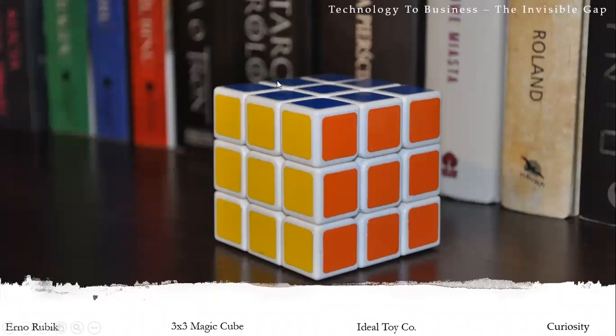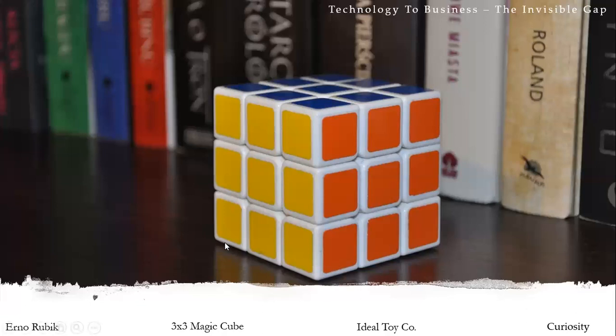Erno Rubik was a mechanical professor and he wanted to show the use of these 3D turns. He did not create a 3x3, he created a 2x2 using clips and papers. When he first built it, he wanted to show those 3D turns. Ultimately, he took the help of a company called Ideal Toys. He got a patent for this, and he was able to sell it to a large group of people. And now whenever you search for it, there are still a lot of people who search for 3x3 cubes. If you go on Google and check the trend, you'll get that information.